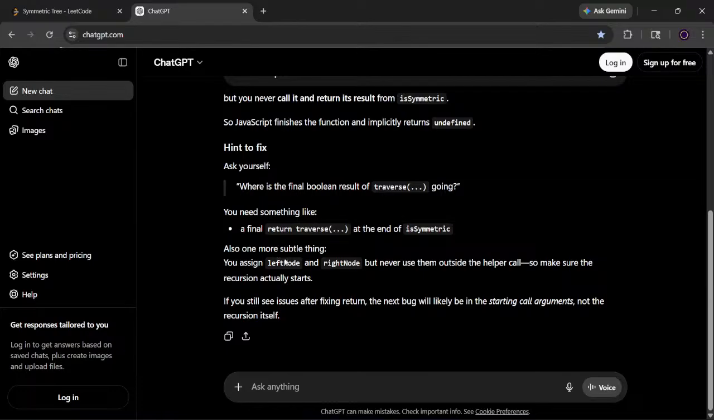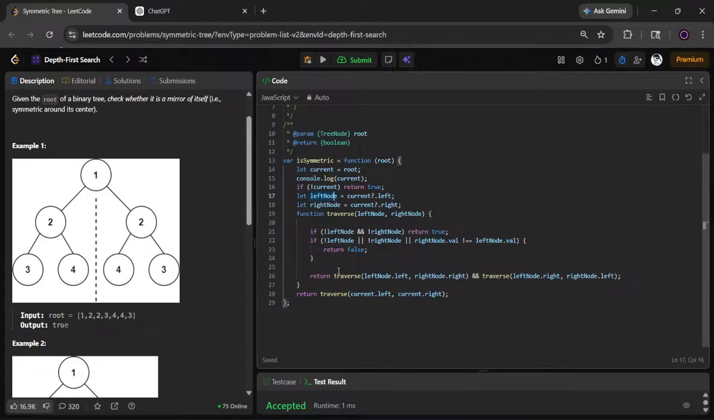समझ नहीं आ रहा। Where is the final Boolean result going? Final return driver at the end of this symmetry. You assign left and right node, but you never use them outside the helper call. Make sure your recursion actually starts. मतलब ये अंदर जो मैं कर रहा हूँ इससे रिकर्शन हो तो रहा है, बट आउटपुट बाहर में नहीं आया।